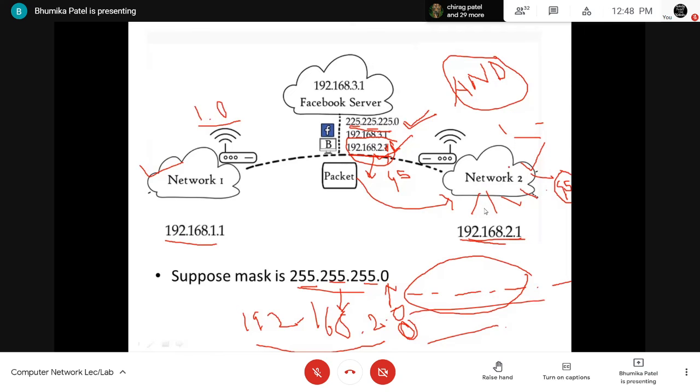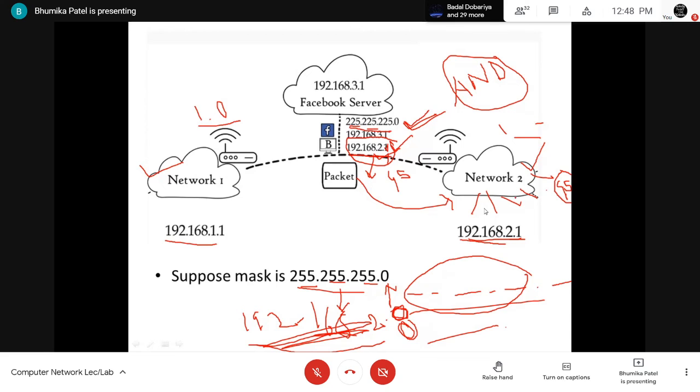But first I have to identify which network I want to deliver the message to, because Facebook is connected to multiple networks. So first I have to identify one particular network from the multiple networks, then we are going to use what? The subnet mask. If you do binary AND between the two, it will give you the IP address of the network. Okay, what will the last digit be? Obviously 0. The first 3 combinations represent the network. So this is the network address.